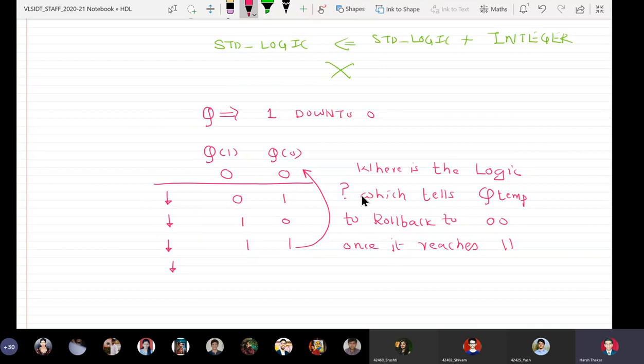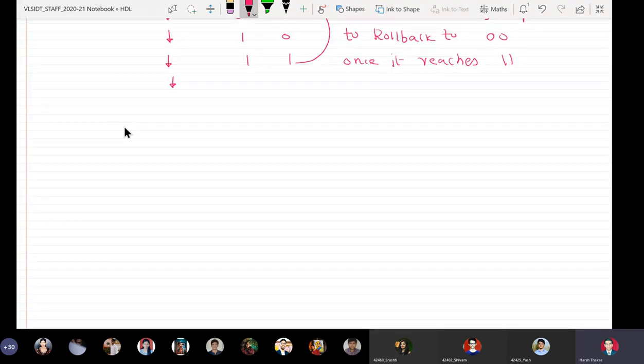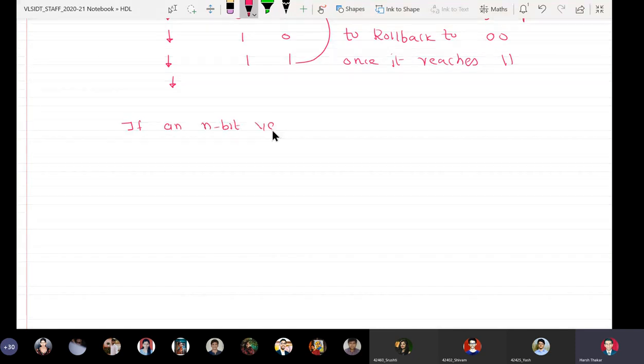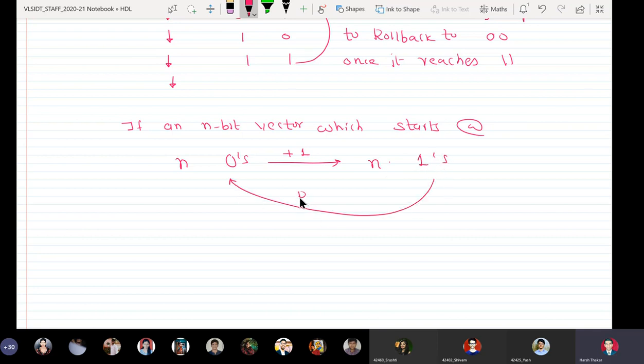There has to be somebody to tell that an n-bit vector which starts at n zeros and increments and goes to n ones must roll back.